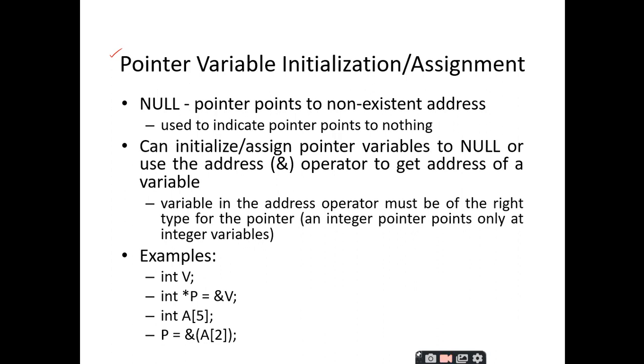Whenever you assign the null value to a pointer, you are saying that the pointer points to a non-existing address. Actually the 0th address is taken by the operating system, so whenever you try to access addresses kept with the operating system, it will raise an error. Is it clear up to this point?